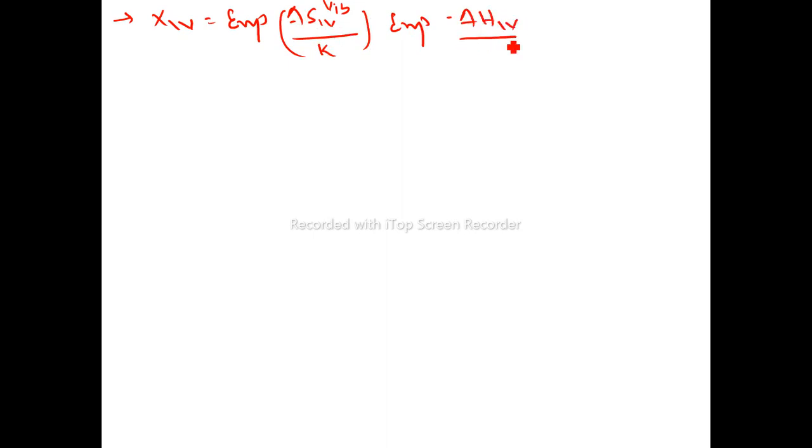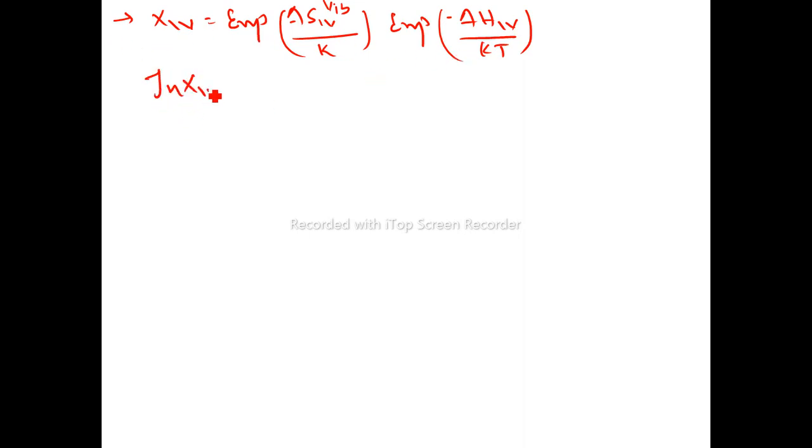So I have left a small part, that is we know that x1v equals exponential of delta s1v vibration divided by k, exponential of minus delta h1v divided by kT. So this equation that we have derived in the previous class, taking ln on both sides,